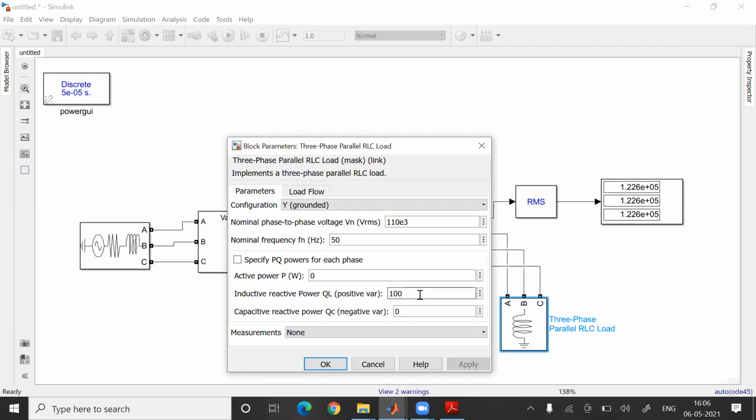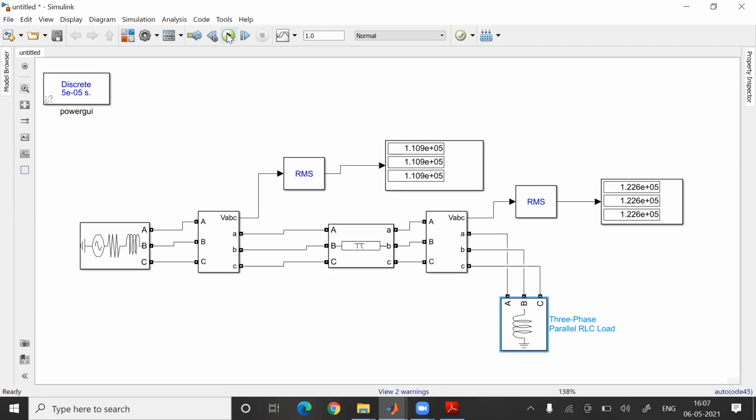No, it's not running. Let's increase this value to 10 to power 6. Yeah, you could see, right? That was very low, I was giving only 100. Okay, now you could see.